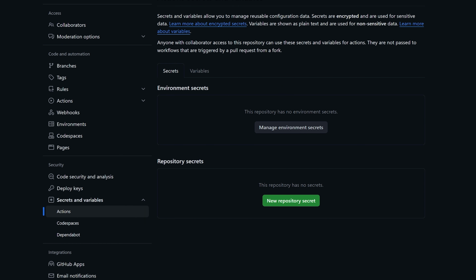Secrets allows you to configure variables that a script needs, but you may want hidden from other users. In my case, as a demonstration, I will create 2 repository secrets. One for my email, which I will need to configure in the code, and another for my username. We will select New Repository Secret.